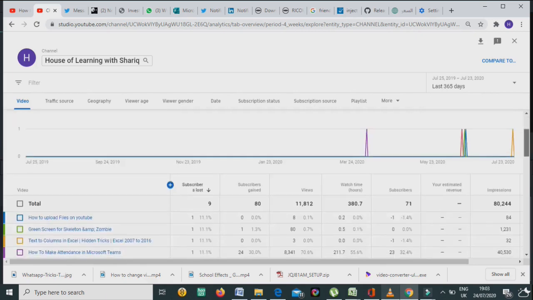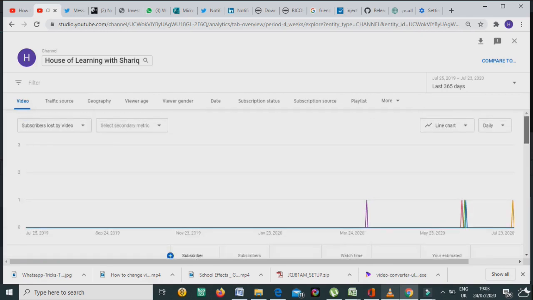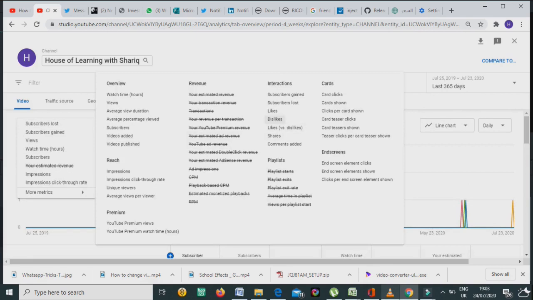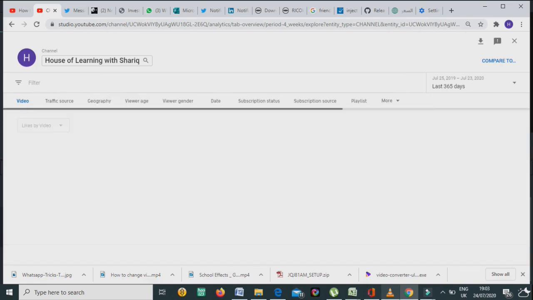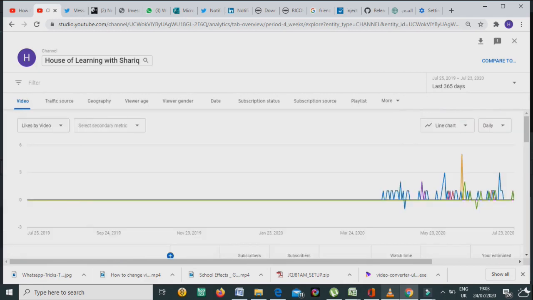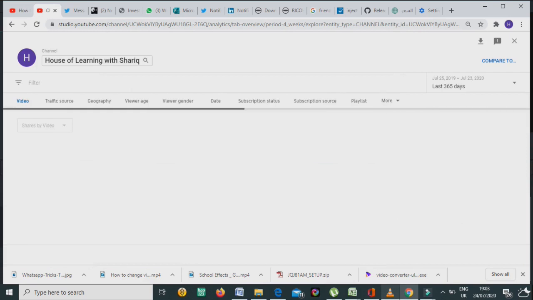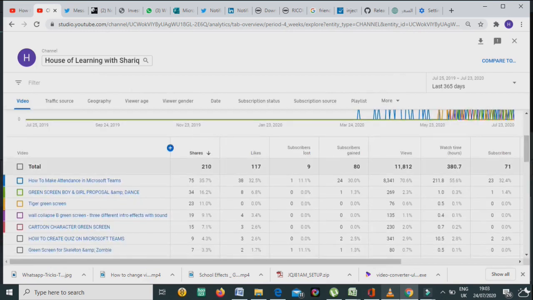Now again we click on this, and click the last one, and we come here to engagement, and here suppose how many likes you got in 365 days. Also you can change it to a month or 2 months, whatever you want. So you can see the likes like this, you can see the dislikes or how many shares. Click on share, and you can see which video was shared by how many people and how many times they shared it, and the total shares like 218.